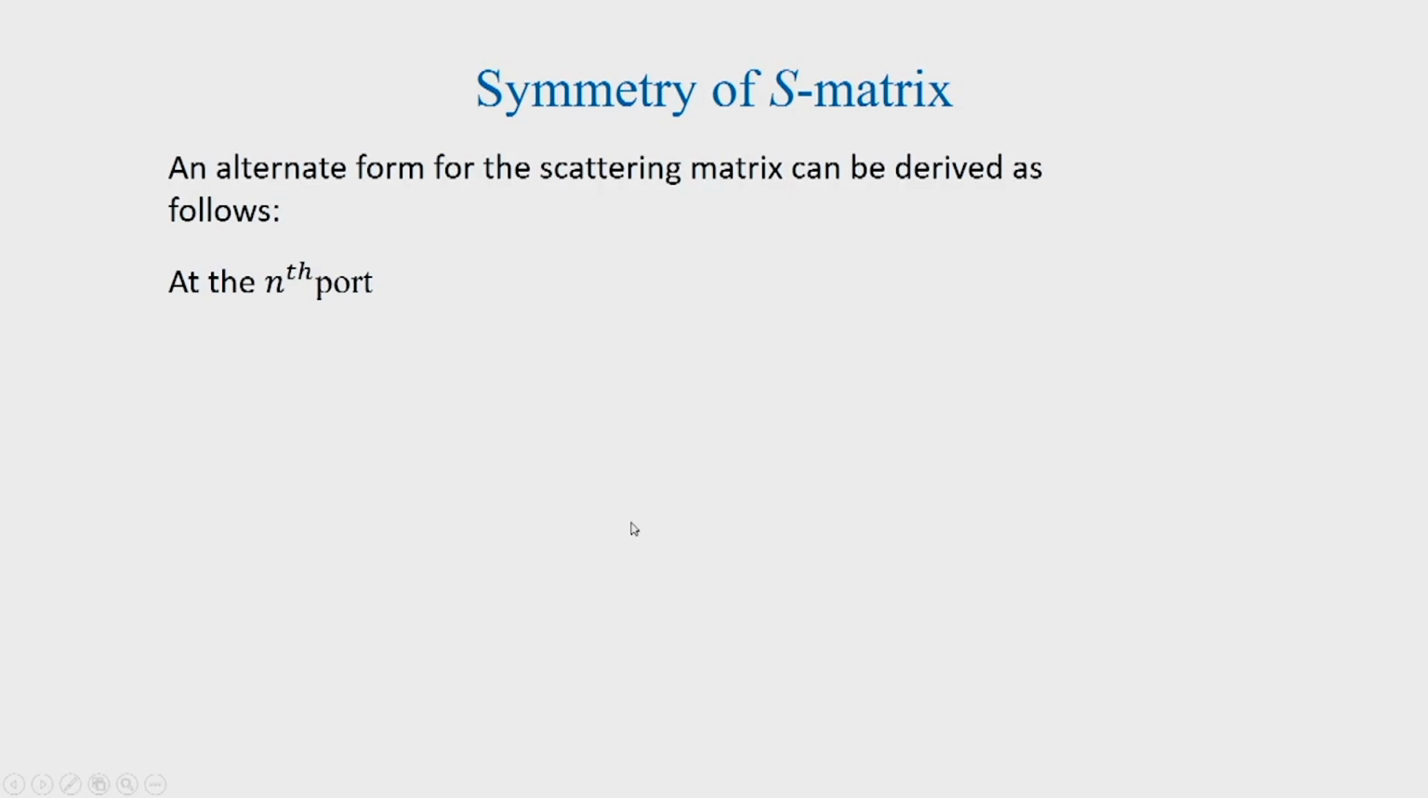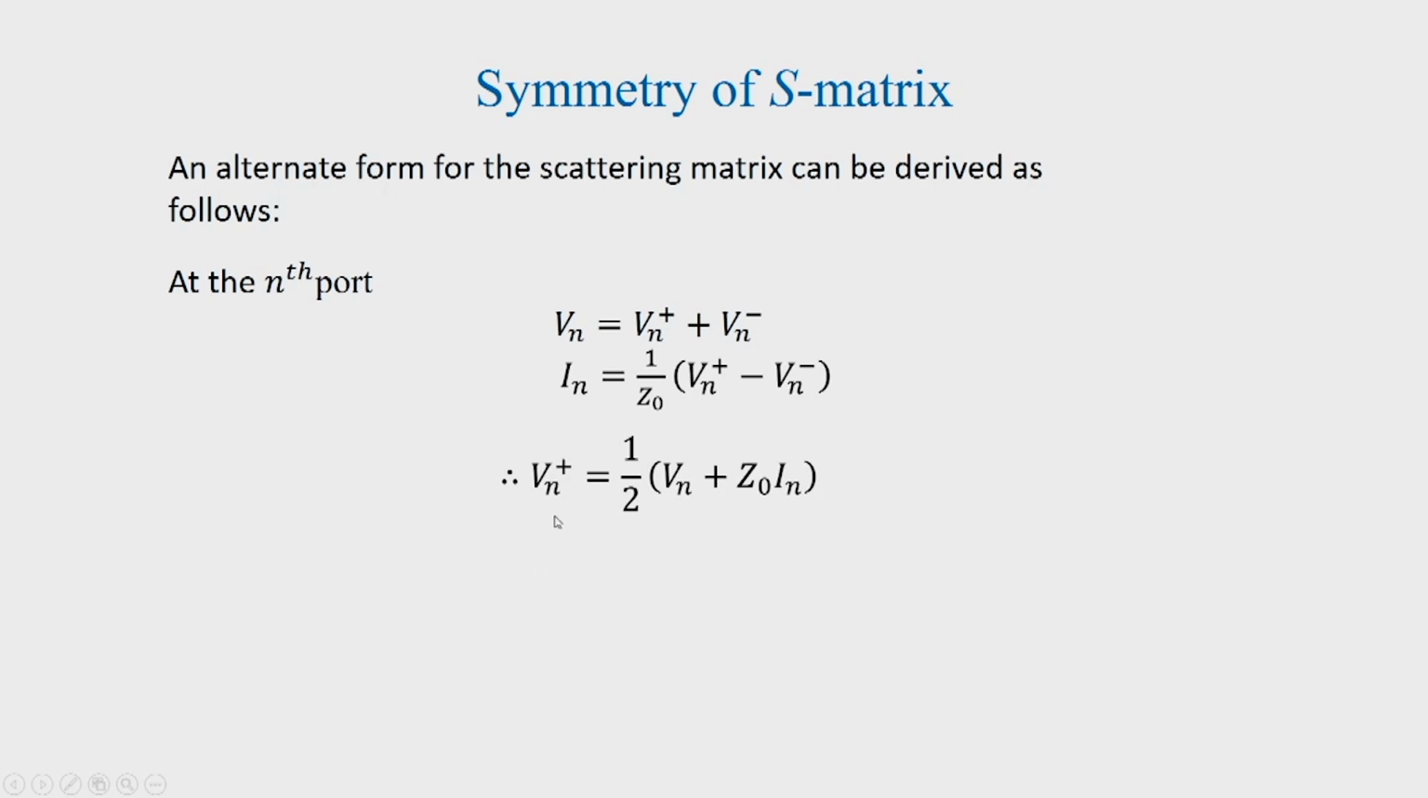We can also have an alternative form of representation for the scattering matrix. We can derive it like this. At the nth port, we have V n is equal to V n plus plus V n minus, and I n is 1 by Z naught (V n plus minus V n minus). So, we can find out the expression for V n plus and V n minus from these two, and then we can write